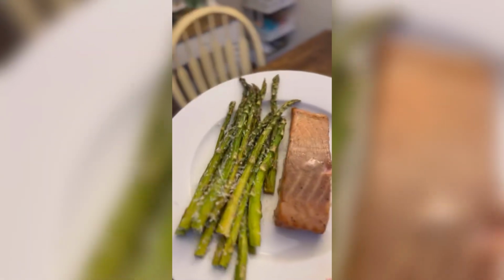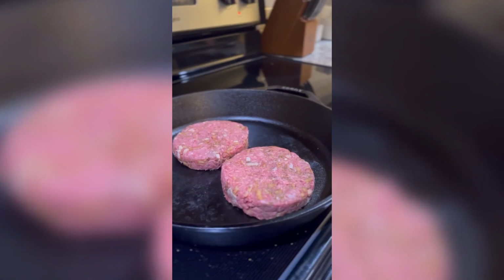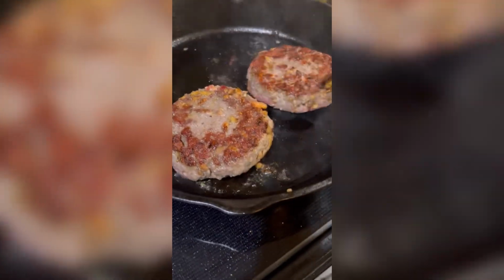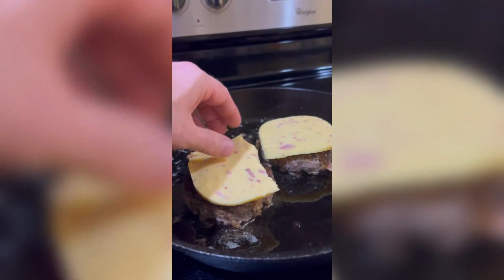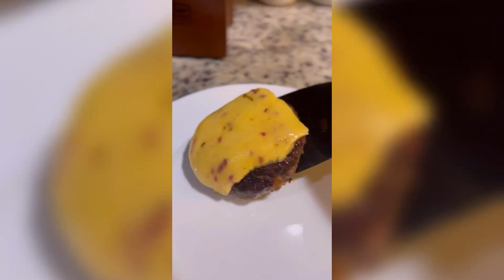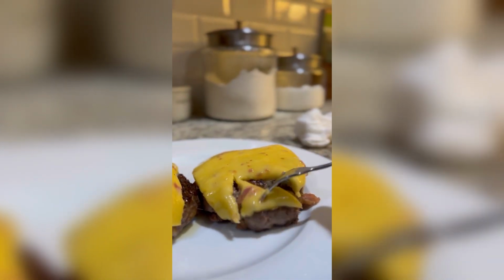And then for dinner, we were having bourbon salmon and asparagus. Now that bourbon salmon is my favorite thing to get from the seafood counter, and on this day I was doing higher calories, so I had a second meal after the salmon. I did these French fried onion burgers, and to that I was adding smoked Gouda, and that just ended up being really good, and I ate that just kind of like a steak, no bun, and I had 1.5 of